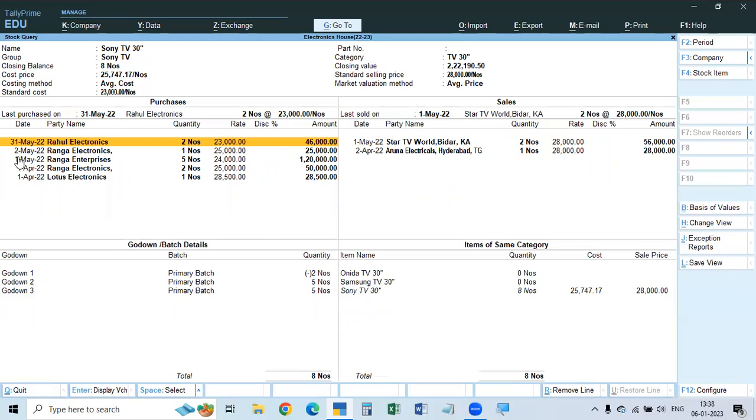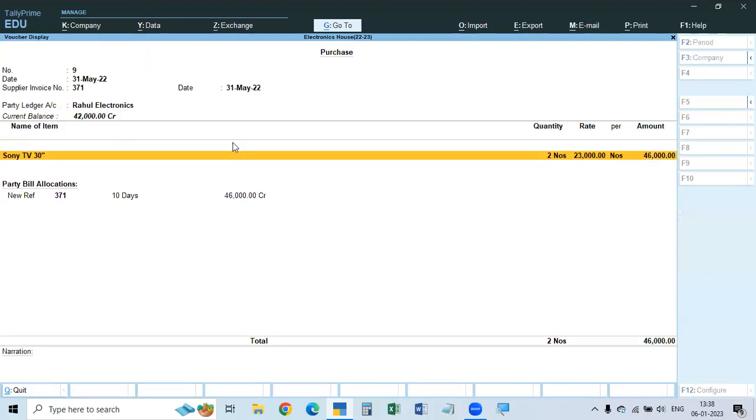In all these cases, the date, the party, supplier or seller, quantity, rate, and the value, that is the amount, everything will be shown. So here it is shown. But if you want to see the details of this transaction, if we press enter, the voucher will not be opened. The details will be shown in the voucher